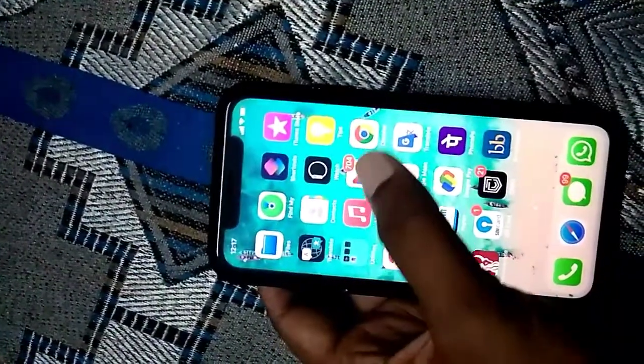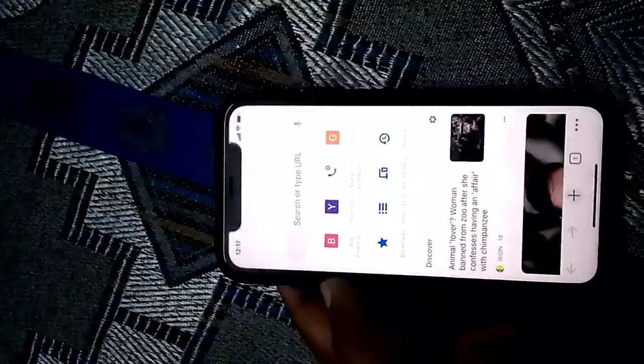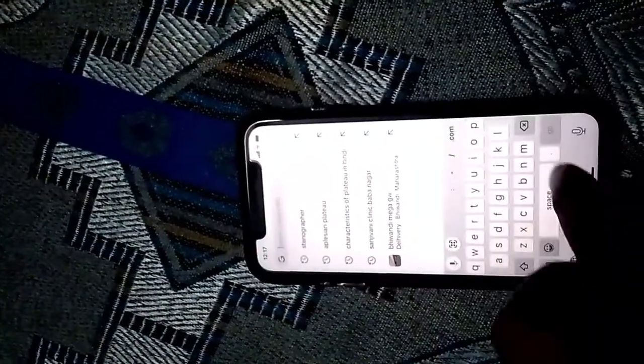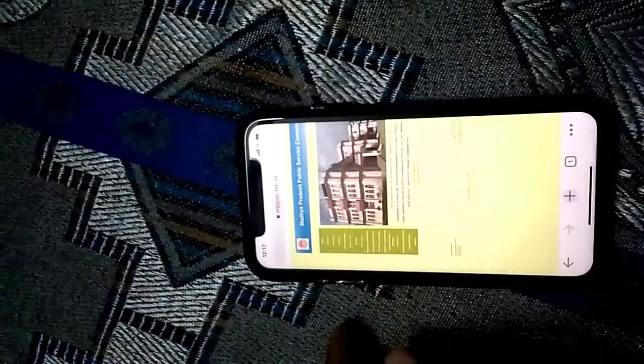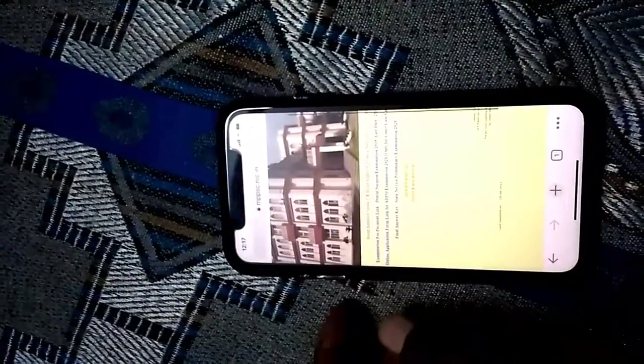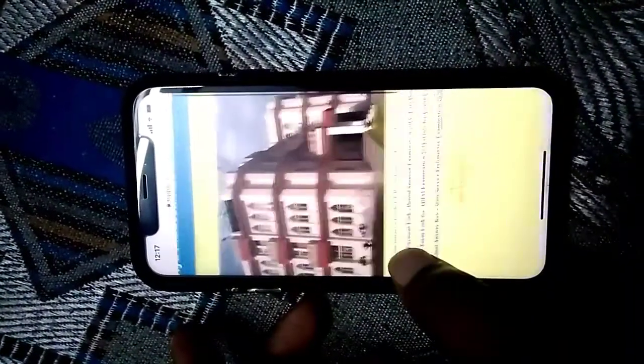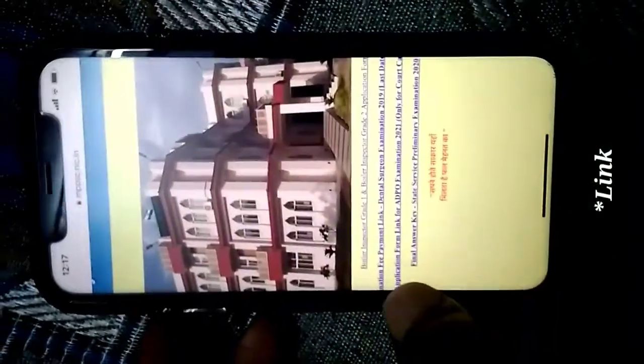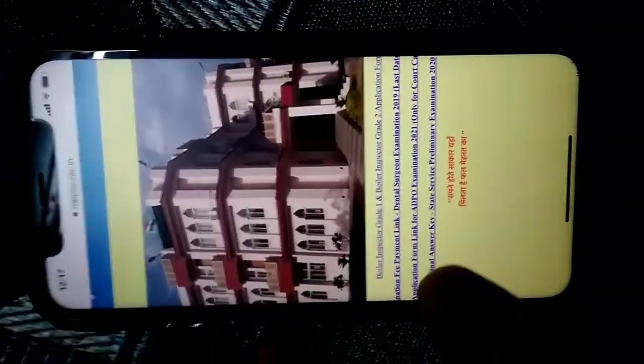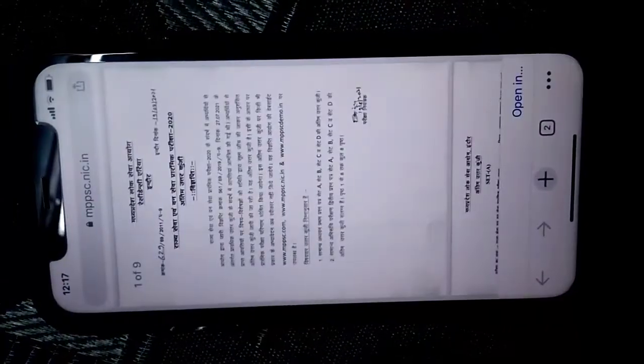So for that, you need to tap on Chrome if you want to download from a web browser, and tap on the desired website. You can also use the Safari app. Suppose here I want to download the final answer key of my examination. So what I have to do is tap on the PDF file, just tap on it and download it where it is. So here you can see I have